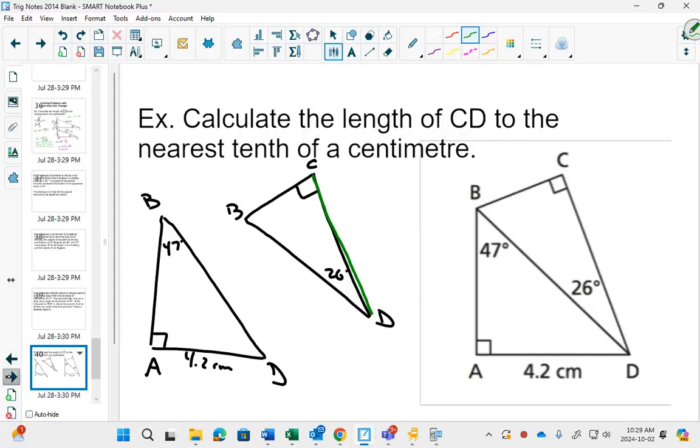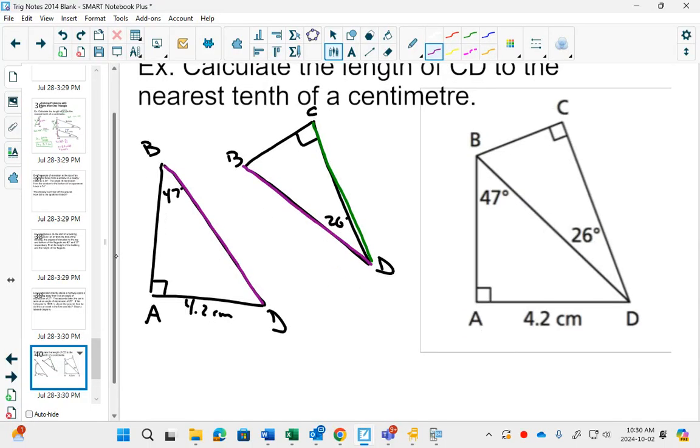Is there something on the first triangle that would help you solve the second triangle? Yes. That is that they share this purple side. So if I can find that purple side, then I have two pieces of information on the triangle with the green side, and then I can solve it. And that would be the least amount of work possible. So, starting with the purple side,